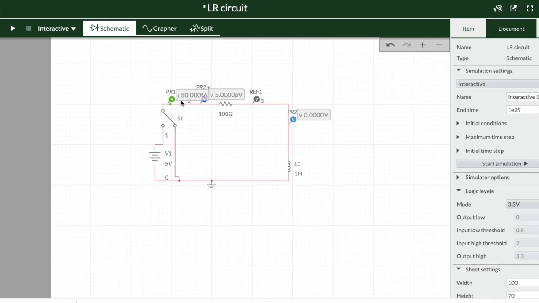Current in the circuit is 50 femtoampere. Femtoampere is 10 raised to minus 15 of an ampere. Potential difference across the resistance is 5 picovolt and that across the inductor is 0 volts. That means this particular circuit has come to a steady state with no magnetic field across the inductor.